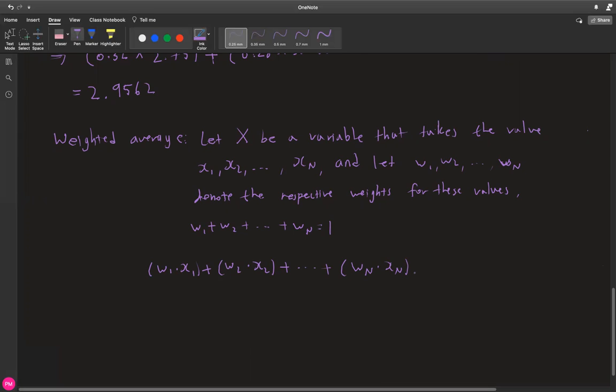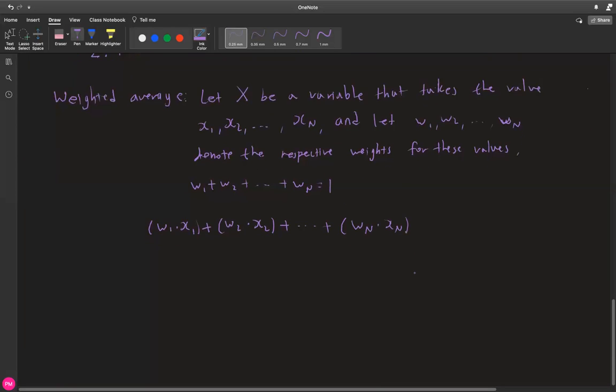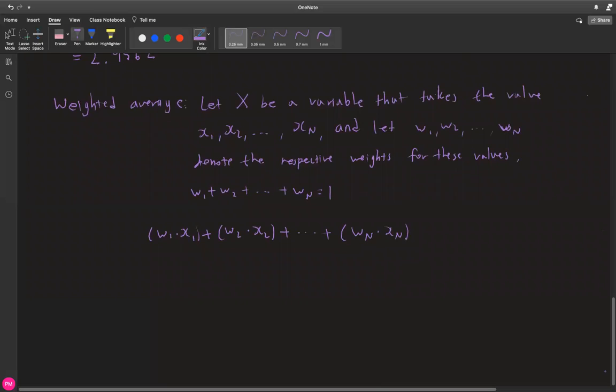So let's actually do a few more examples. I know the terminology and different notations and everything can be quite confusing, but I only wrote that because I wanted to make a formal definition. But simply said, if you're given weight and the numerical value for each weight, you can simply multiply the respective weights for each value and add them all up. And that's how you find the weighted average, simple as that.